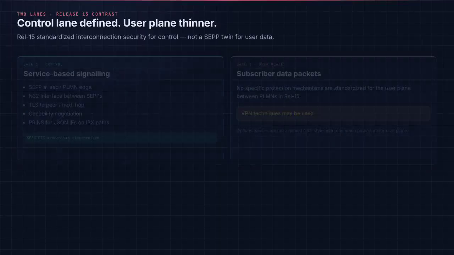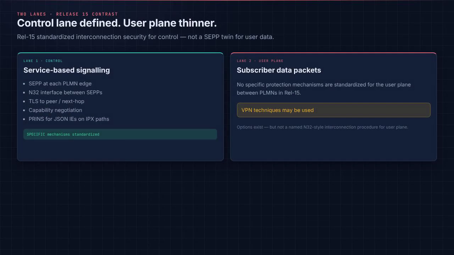Return to the border. Until now, we have been staring at the control lane. SEPP, N32, TLS, capability negotiation, PRINS. Split the crossing into two lanes. Lane 1 is control and service-based signaling. Release 15 gives it a detailed story. Route everything through SEPPs, protect with TLS toward peers and next hops, negotiate capabilities, and use PRINS when IPX entities